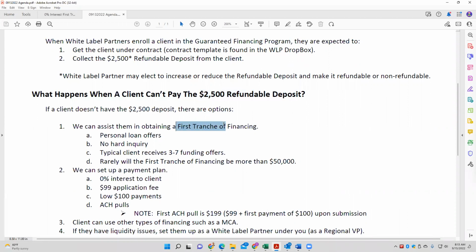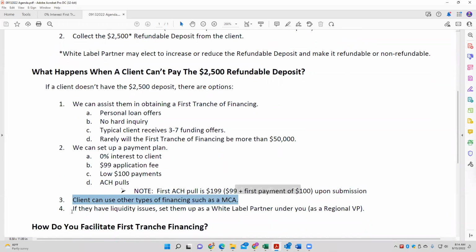And so first tranche financing is an option. And we could even try first tranche financing. If they don't get approved for that, then we could go to the backup of the payment plan. And then there's other options like Bruce's merchant cash advance. Now, another issue is,